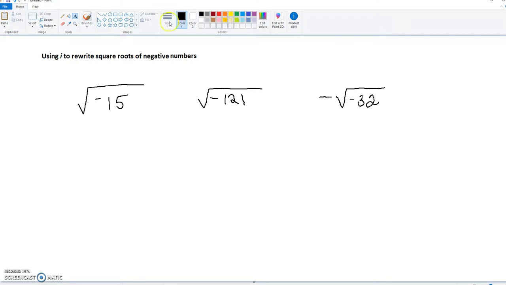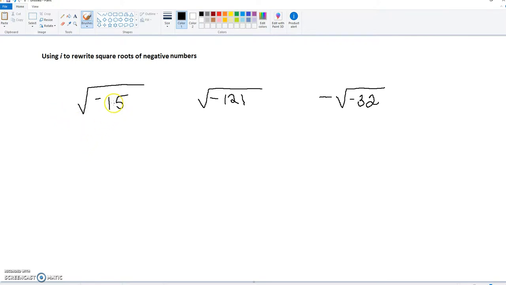So the first one we've got the square root of negative 15. Now, if you remember, the square root is a number times a number. So in other words, 3 times 3 is 9. So the square root of 9 would be 3. Okay, so knowing that, there is nothing that's going to give us a perfect square to come outside of the